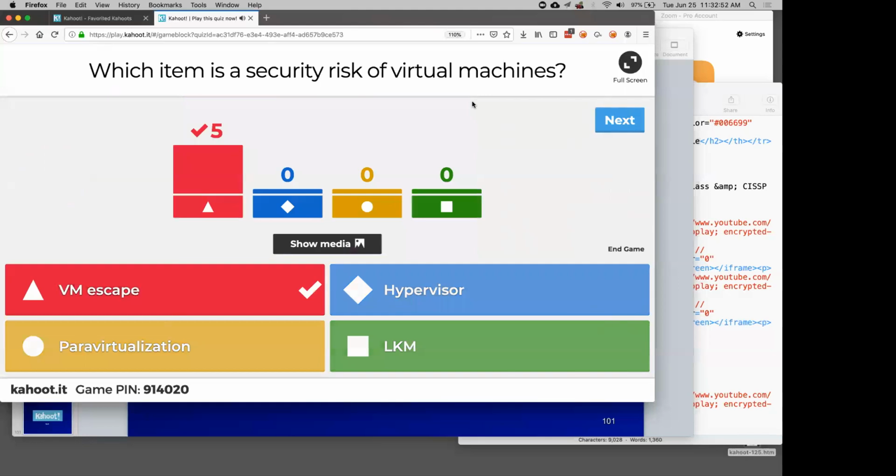VM escape. By the way, there's another one not mentioned here called VM sprawl. It used to be you'd have one server and everything's on that server. Now, since everybody can just rent one on Amazon, you have hundreds of servers that your IT and your security department doesn't even know about. Parts of your company are just renting a server in the cloud, using it, putting company data and customer data on it, and you don't even know that. That's called VM sprawl. Anyway,